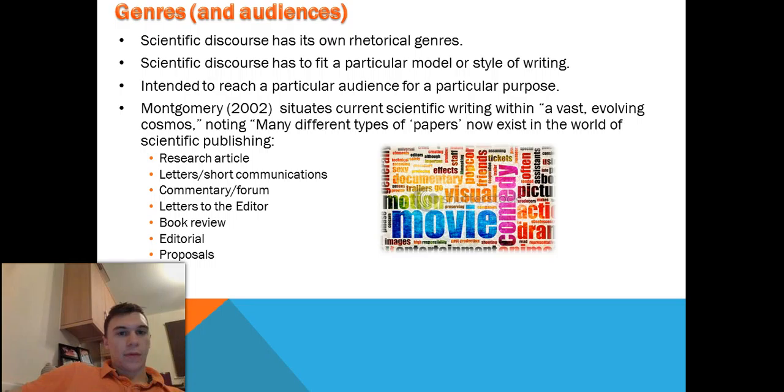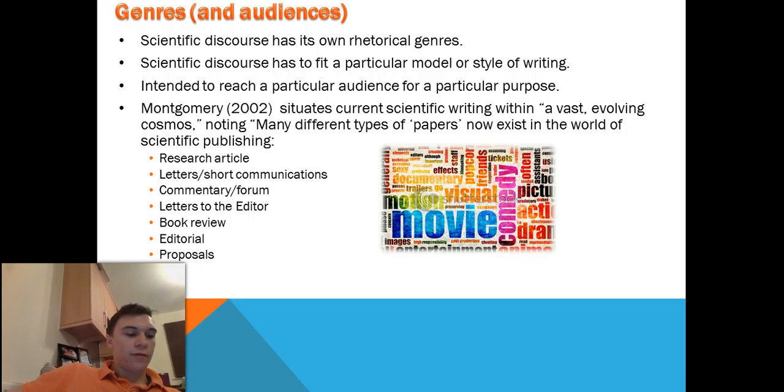Montgomery situates current scientific writings within a vast evolving cosmos, noting many different types of papers now exist in the world of scientific publishing. For example, a research article, an actual report of an actual study; letters, communications, brief research papers, usually less than 5 or 6 pages;